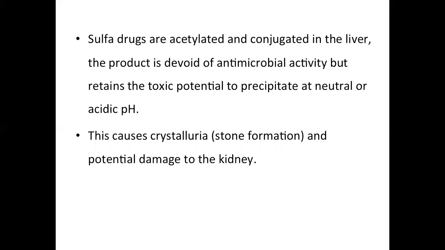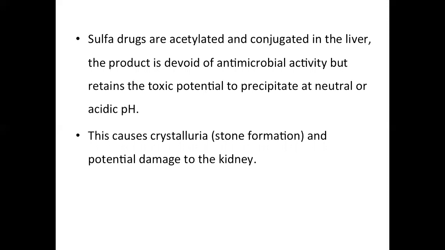So sulfa drugs are acetylated and conjugated in the liver. The product is devoid of antibacterial activity, but retains the toxic potential to precipitate at neutral or acidic pH. This causes crystalluria, or we can say stone formation, and potential damage to the kidney. So this is one problem with these drugs, that they are more prone to crystalluria or stone formation in the kidney. Why? Because the drug is acetylated in the liver and also conjugated in the liver,